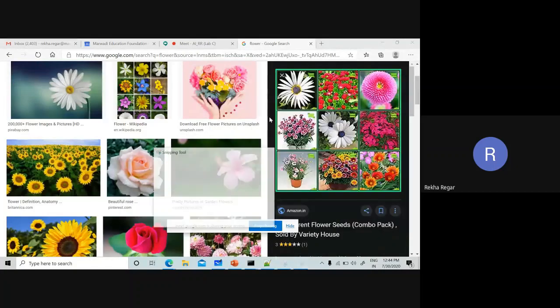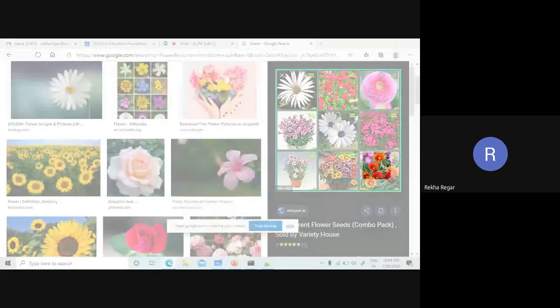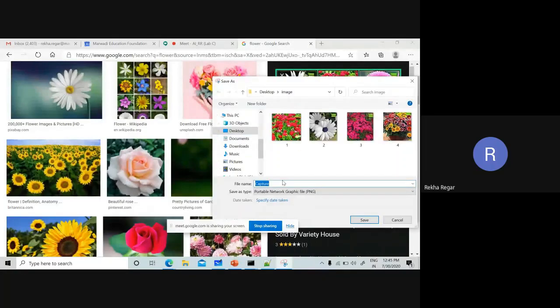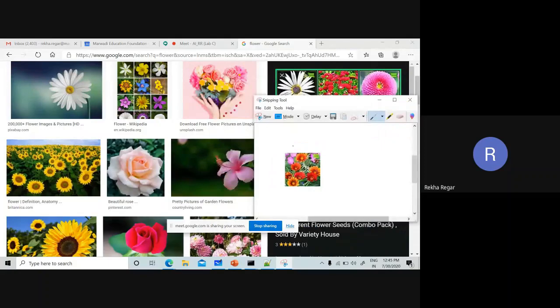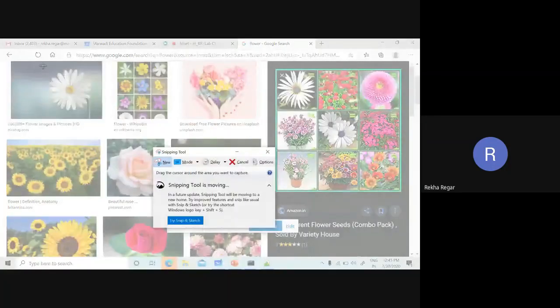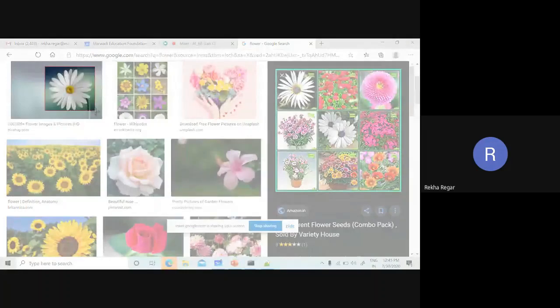Now we have to add some more images. So this is the fifth image. In total we need 8 images like this, because I showed the demo. In that demo we used 16 images. As per your choice, you can add more images also. Like that, you can take any images whatever you like.